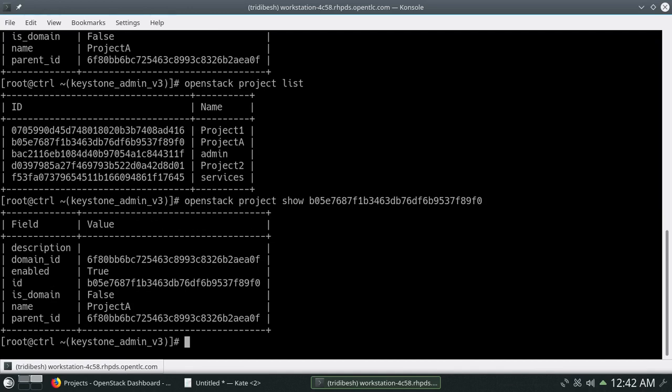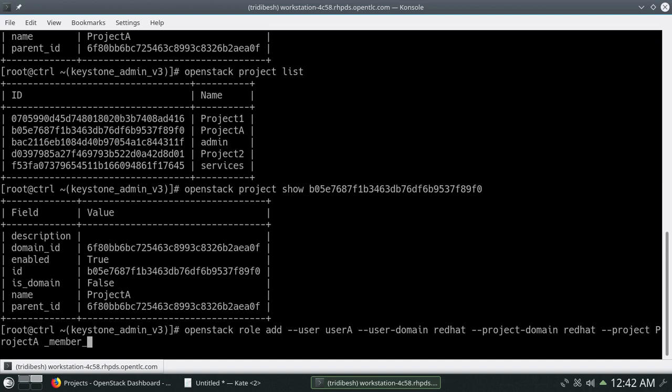Now what we will do, we will assign user A as the member for this particular project. So openstack role add, hyphen user A, hyphen user domain. So this user belongs to which domain? So that's Red Hat, and then project domain, that is also Red Hat, and then project name, that's project A, and then as a member.